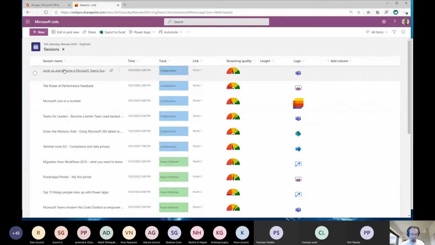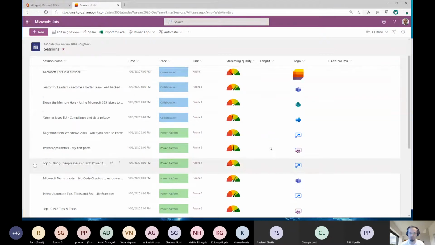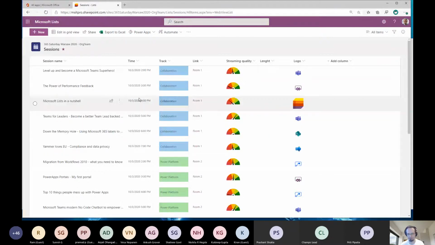If you are familiar with SharePoint Online or on-prem, it's quite similar to a SharePoint list, but the formatting is different. The data looks much better, with a lot more space and more colors. For me, it's more human-friendly than the classic SharePoint list.